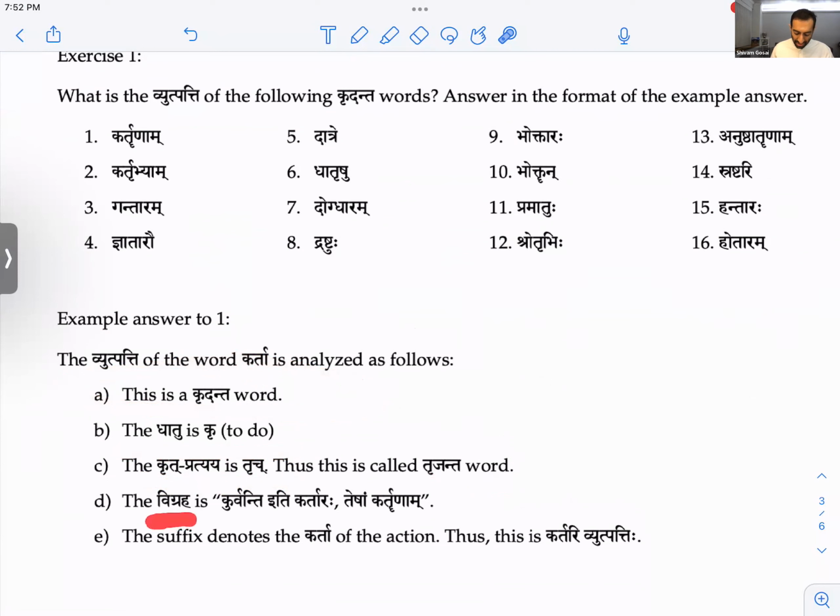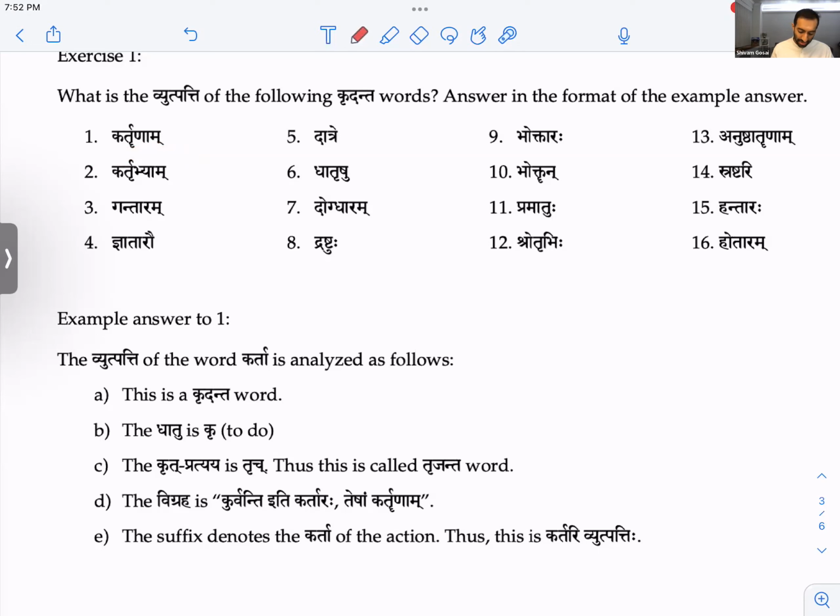The vigraha vakya is, okay, now I want you to pay attention. Kurvanti iti kartaraha. Okay, why is it kurvanti? Because here, this is a 6-3 word, kartrnam.